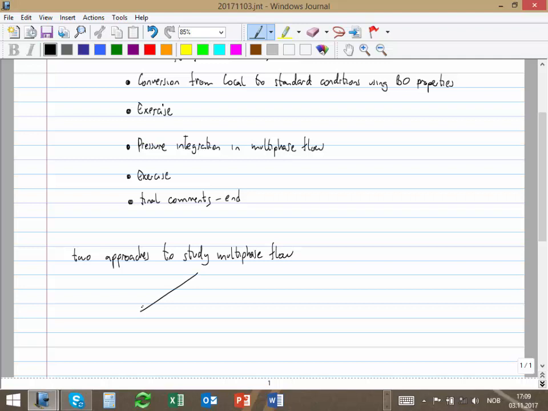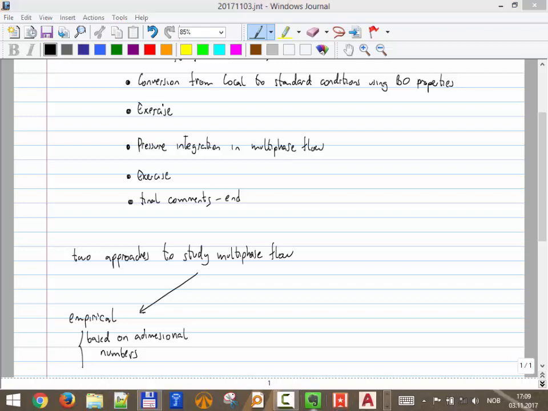Basically we have one approach that is mainly empirical. That means you go to the lab and you run a lot of experiments, and then you define some very interesting value, usually based on dimensionless numbers. And then you plot the data and you try to find trends. This is highly empirical. You don't have much physics behind it, but you're just trying to recognize trends and design a correlation behind the trend. Like what we have done last class with this method,